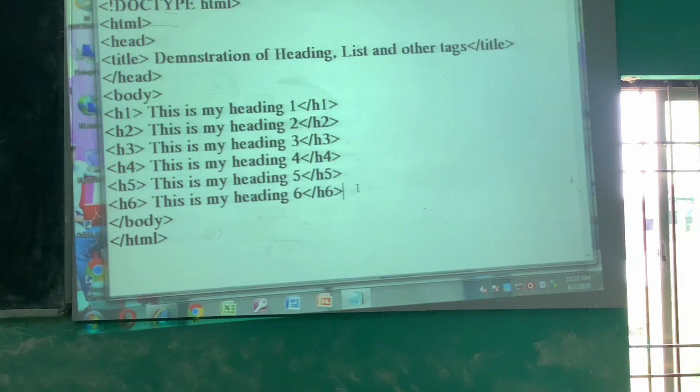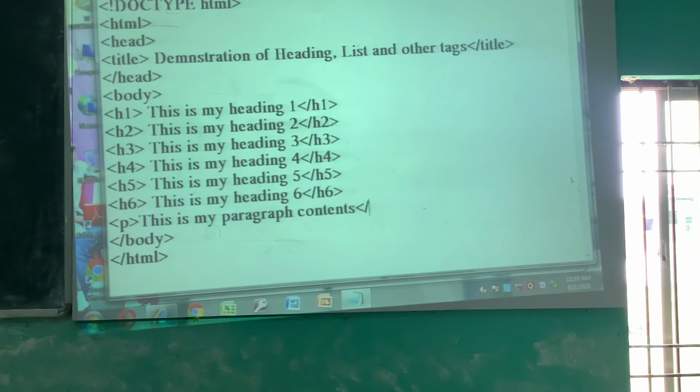Now I am using the paragraph tag, the P tag. This is my paragraph contents. Okay, and just type this line. So what will be the output?